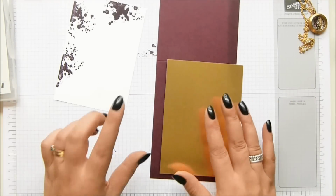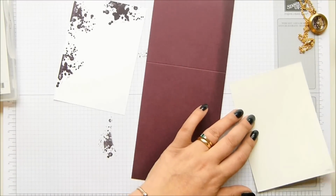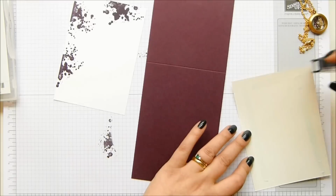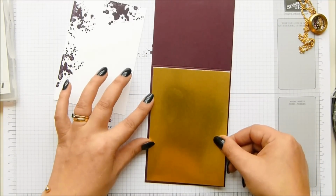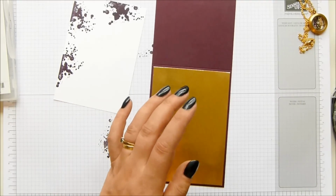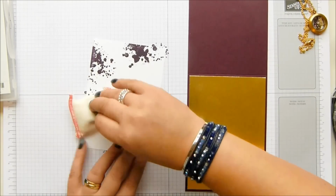So while I'm waiting for that to dry, I'm going to stick this down. And so I did have, there it is, my fast fuse. No, it's not. This is snail. It's not fast fuse at all. I'm saying that because my fast fuse is right there. And just take a couple of seconds to make sure it's all lined up neatly, and then hopefully this is now dried, so I can put my embossing buddy over the top,